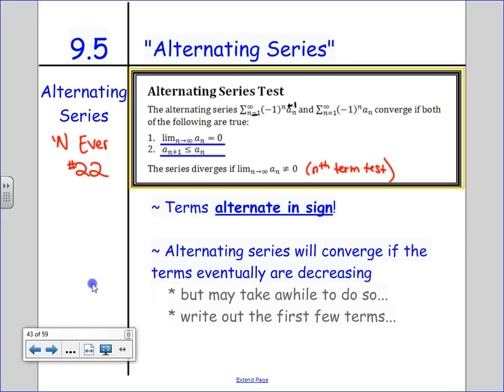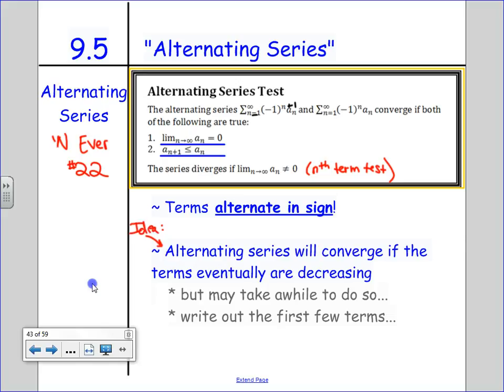Okay, so what else do we have? First of all, what does it take to be an alternating series? The terms alternate in sign, positive, negative, or negative, positive. You'll be able to tell because you see -1 to some power. And as you have even powers, odd powers, it's going to go back and forth between positive and negative. The idea of the alternating series test